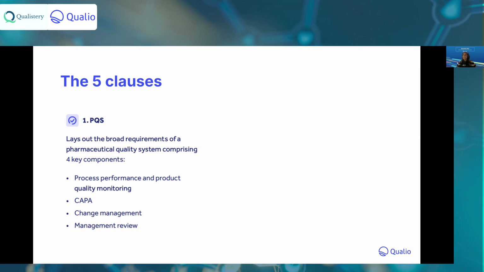The second is CAPA. I hope everybody is familiar with CAPA. That's your corrective and preventative actions. It's not just about fixing a problem. You really want to make sure you're doing investigations to find the true root cause and then establishing those effectiveness check metrics to make sure that you did find the root cause and you've addressed the problem so you don't have it recurring. So I see a lot of CAPAs